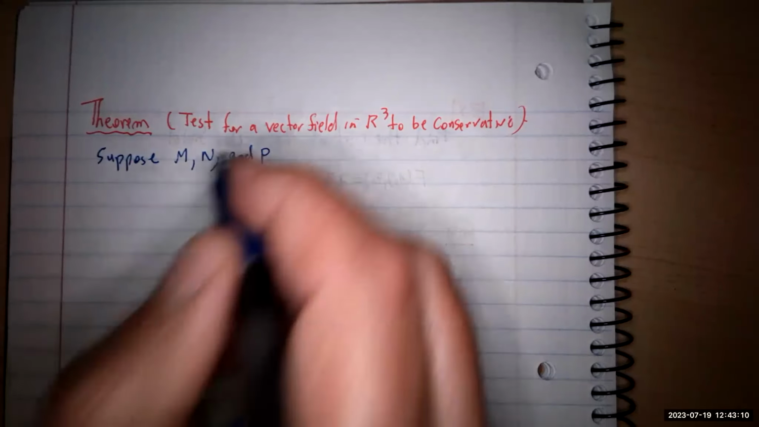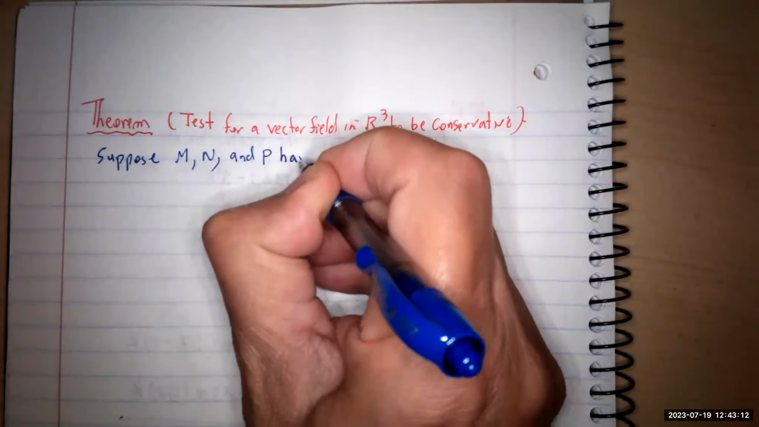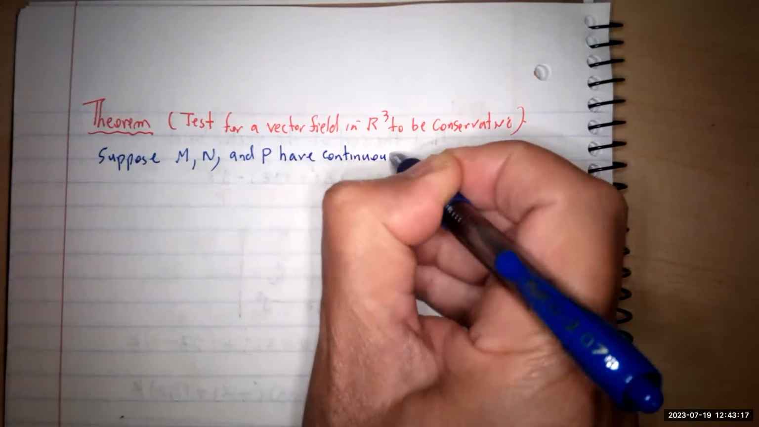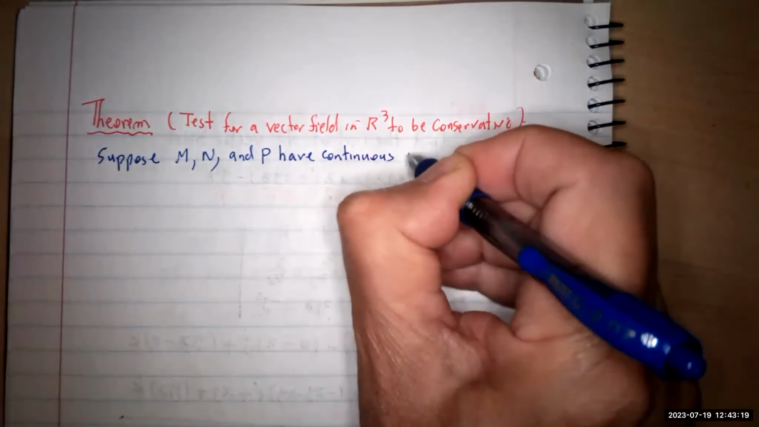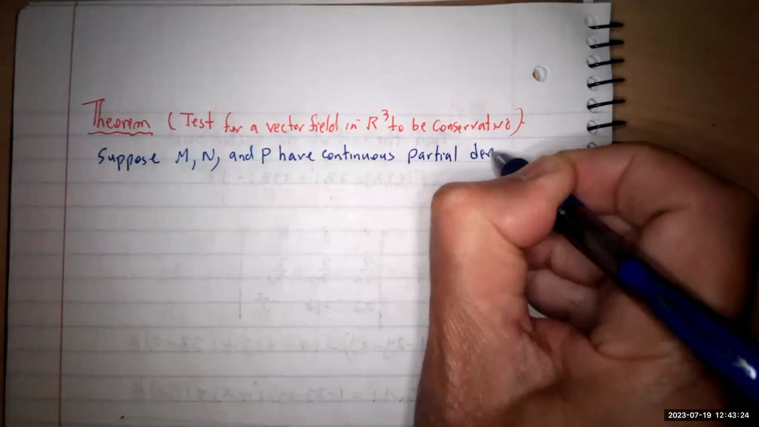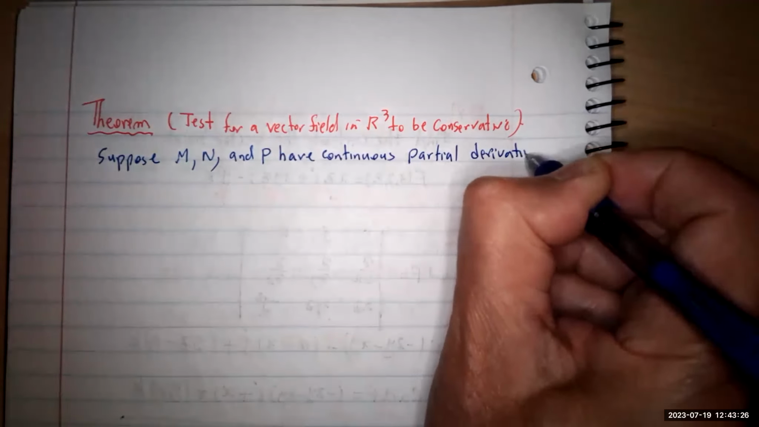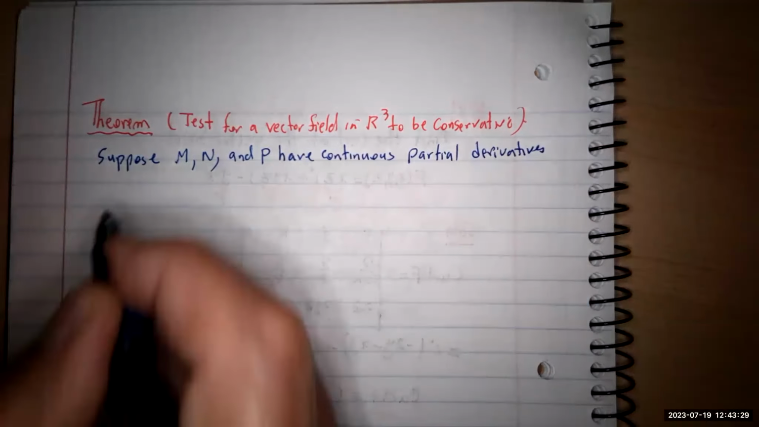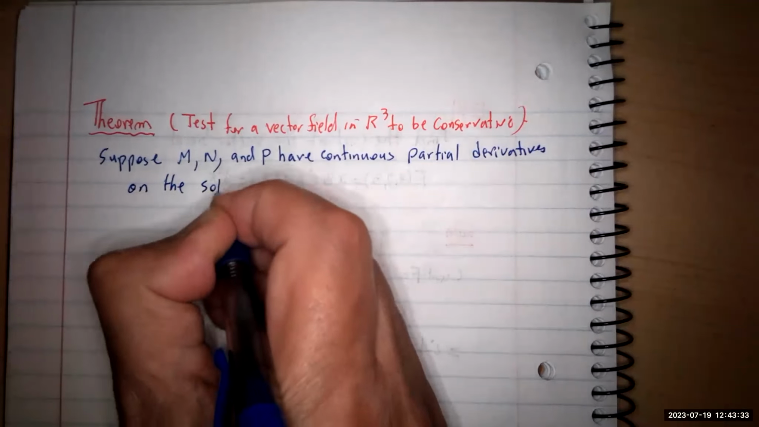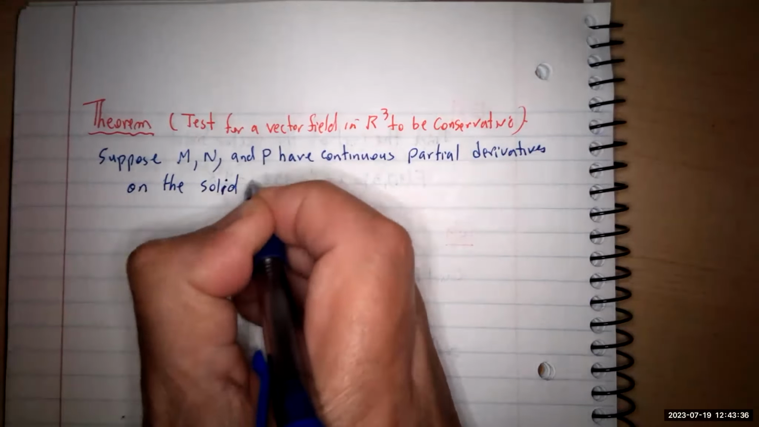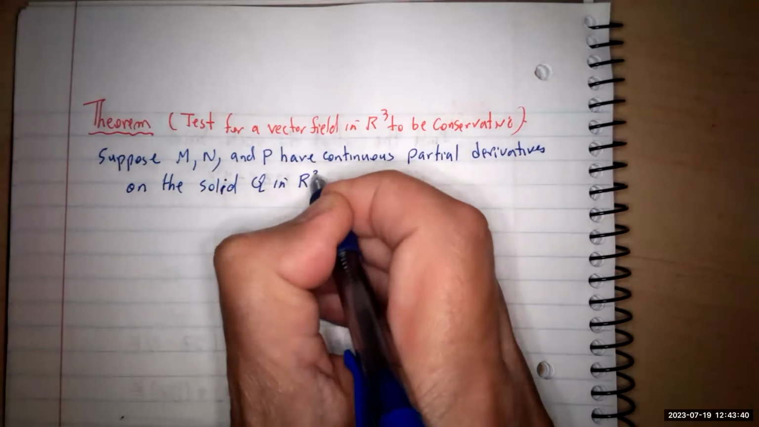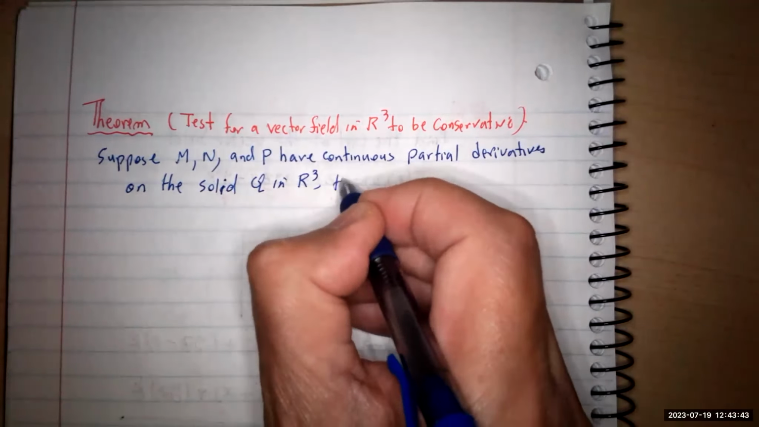So suppose they have continuous partial derivatives on the solid, the domain, solid Q in R3. If this is going to be the case, then